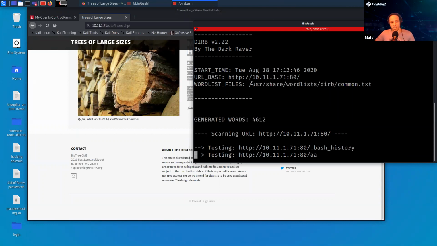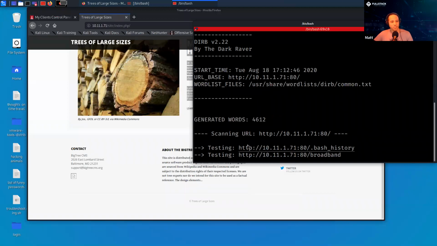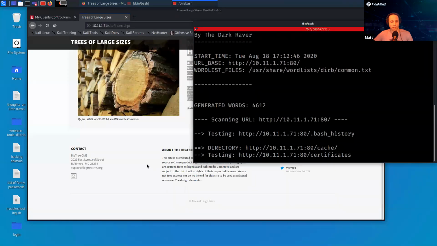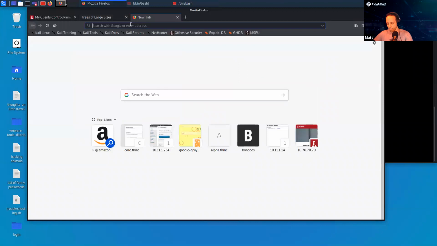And so essentially what this is going to do is exactly like I said, check all of those domains out. And if it gets a hit, or essentially something that I have chosen as a hit, you can choose based on response code what is a hit, it'll tell me what I can go to. So I can go check this out if I want. Is it going to be interesting? I don't know. Let's find out. Copy address. Let's see what we get here. I don't think this one's going to be too interesting, but